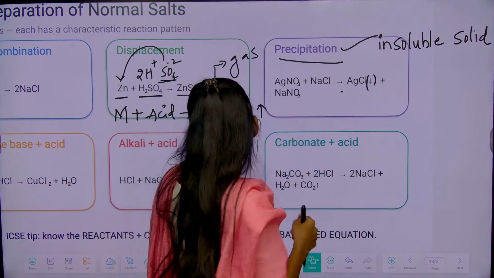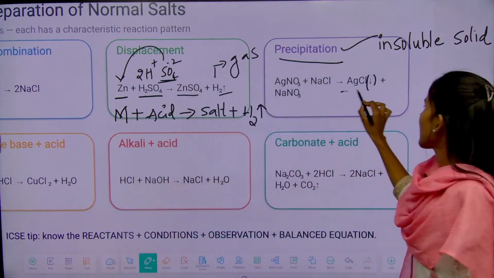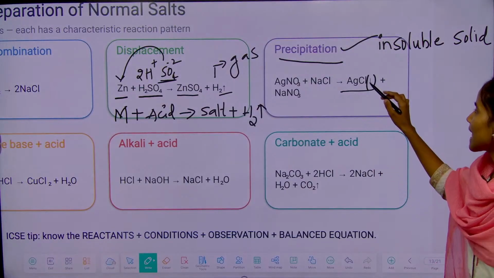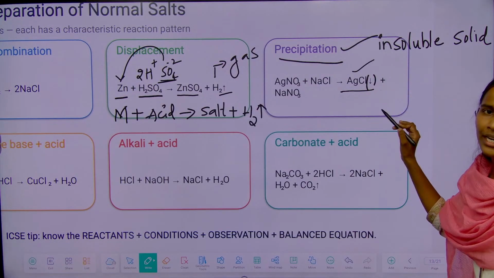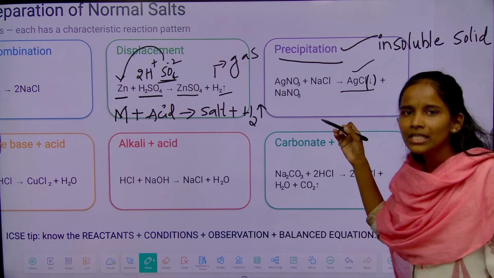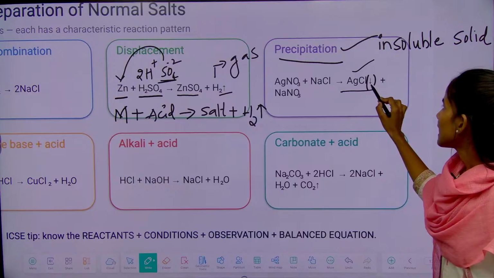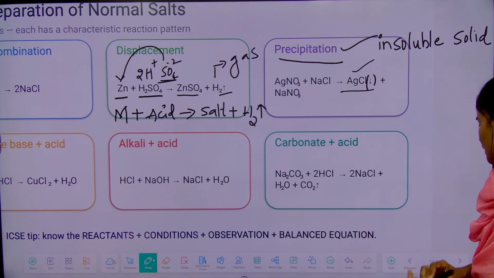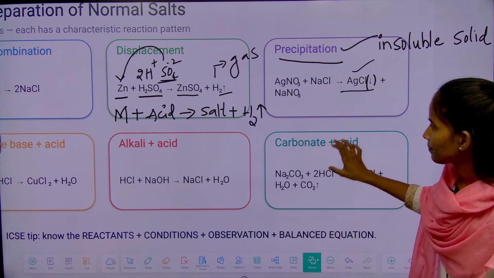What is the precipitate here? This AgCl is the precipitate. This AgCl is the insoluble solid formed. In any reaction, if a precipitate, meaning an insoluble solid, is formed, then we will represent it with a downward arrow. Then moving to the next one,